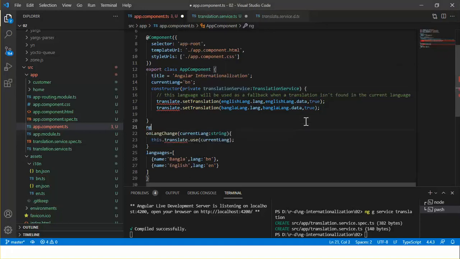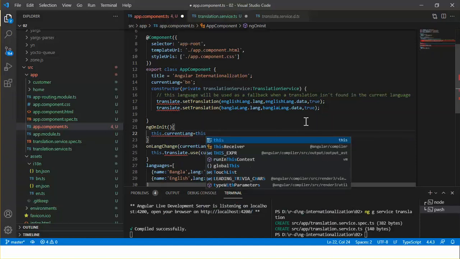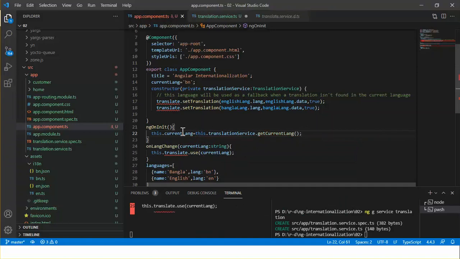Write ngOnInit. So this currentLang is the translation service's get current language. And on language change,